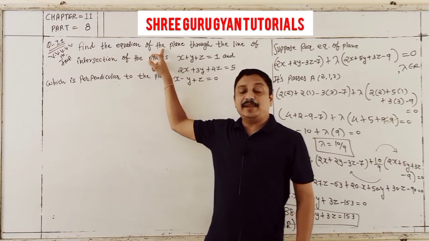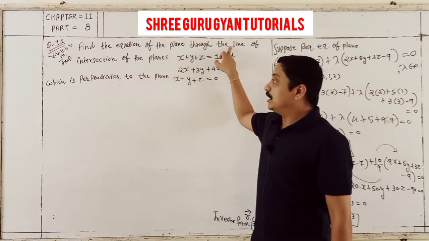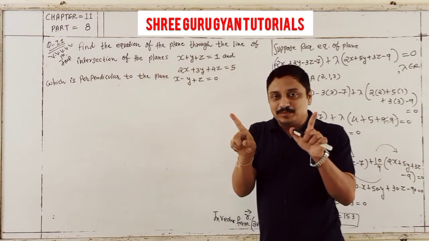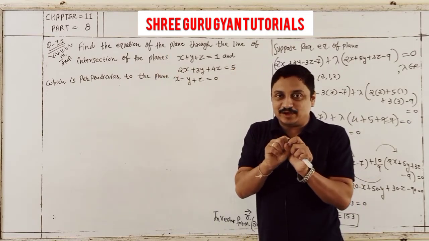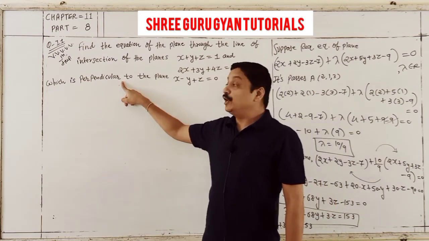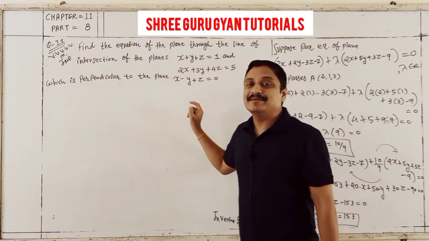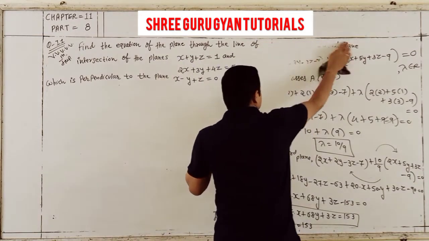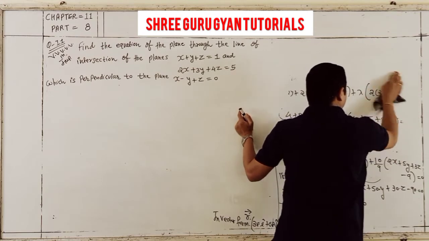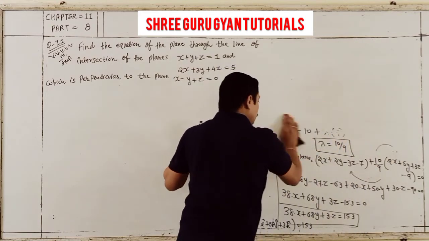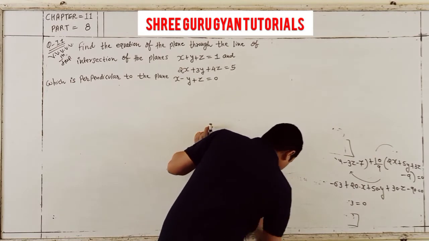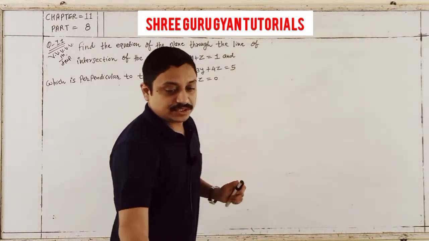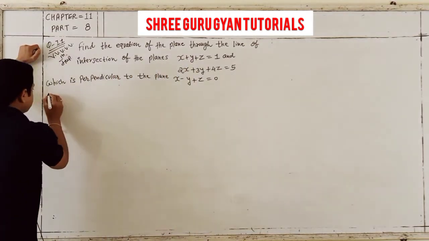Find the equation of the plane passing through the line of intersection of the planes plane 1 and plane 2. It means both plane 1 and plane 2's common intersection. I answer your plane 3, but it is perpendicular to that plane, x minus y plus z. So students, here the explanation is the same, but we utilize the rule of perpendicular. It means both directions dot is equal to 0. And that principle we will use in these questions. Very easy. First of all, given planes,